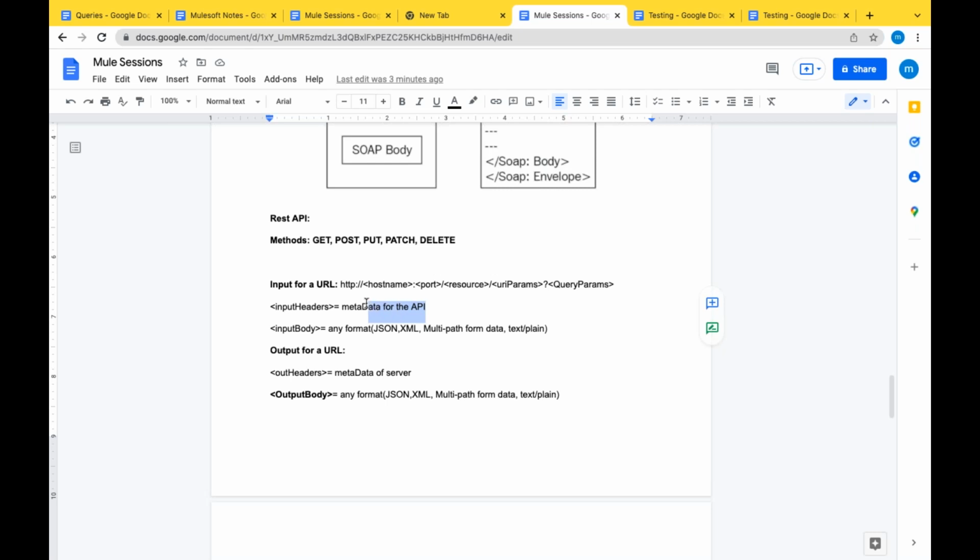If you want to send some additional information to this HTTP API, such as transaction IDs, client ID enforcement, client ID secrets, or any authentication that you define, that additional information you will be sending in headers. And body is the format if you want to send some data.